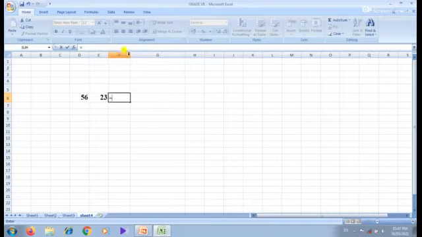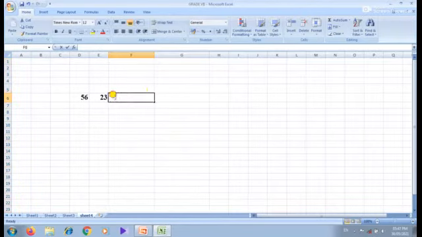Then at last equal to, the cell reference of this value 56 is D6. Then plus, then the cell reference of this 23 is E6. So D6 plus E6. Instead of using values, here I used cell references. After I press enter key, we will get the answer 79.